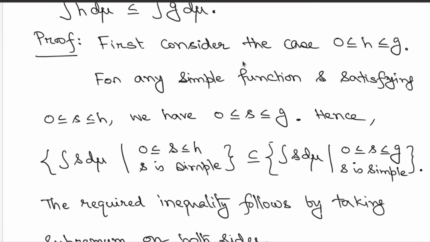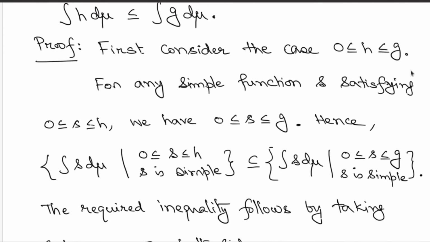Great. So now consider the integrations for h and g separately. First look at the function h. What is the integration for this non-negative measurable function? What you have to do is to look at all simple functions below the function h. So look at such simple functions small s. But then since g is above h,